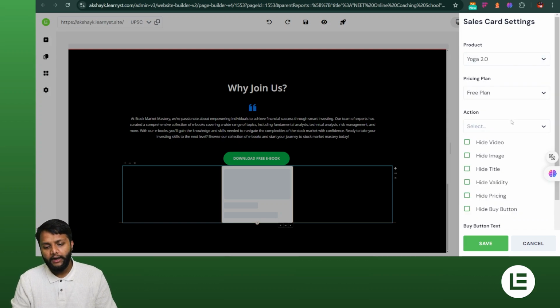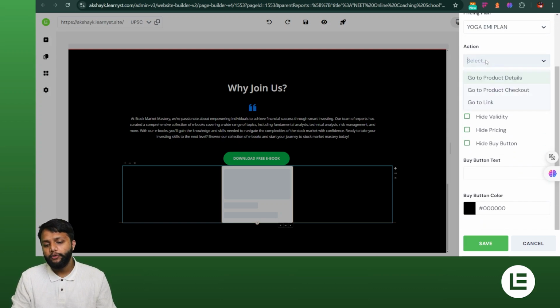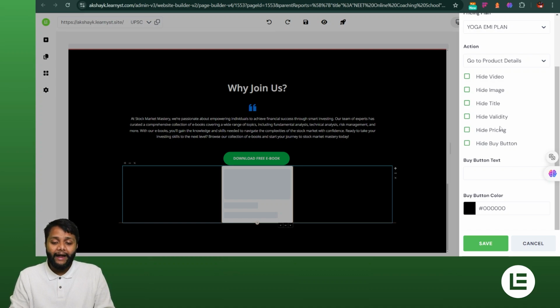it will ask me which pricing plan I want to show. And if you want an action event, if I click on that particular image, what is going to happen? It can go to the product detail page, the product checkout page, or a particular link. I'll ask it to go to the product detail page. If you want to hide some images, title, validity, or something like that, that option is available. I can add the buy button text, for example, get it now,